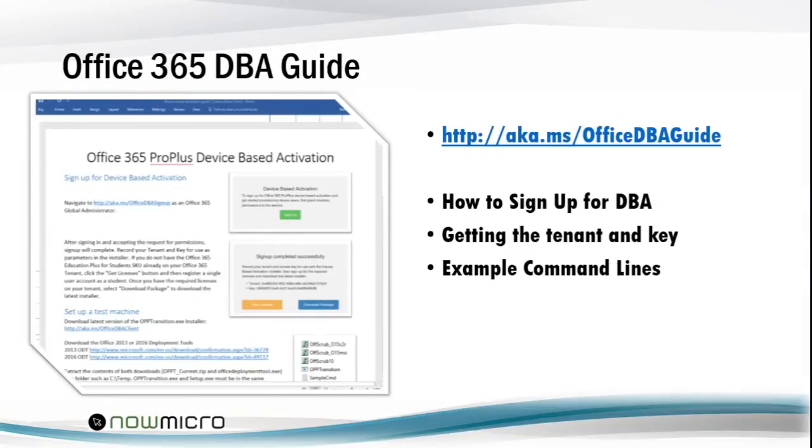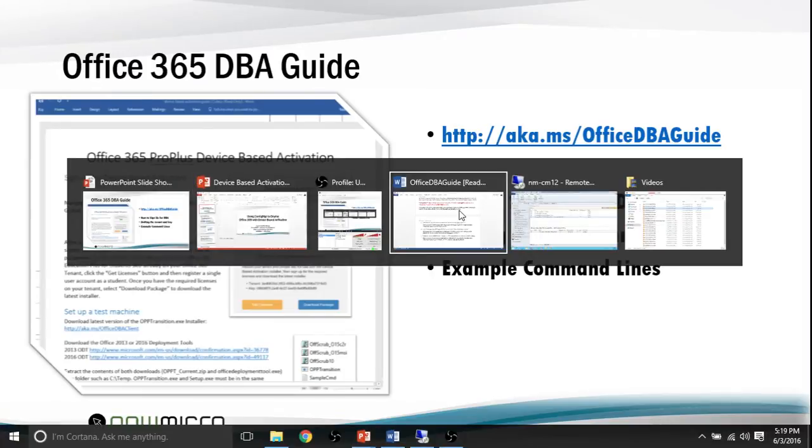That first document is going to tell you how to sign up for device-based activation, which does require you to sign in with a global administrator to your tenant. Once you sign up for it, it's going to give you a tenant ID, a long GUID, and a key, which is also going to be a long GUID. We're going to need those things to do the actual conversion to device-based activation. It also has a bunch of example command lines. If I quickly flip over to that Word document here,